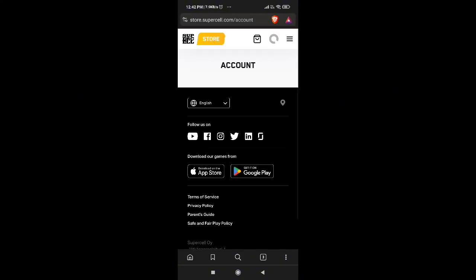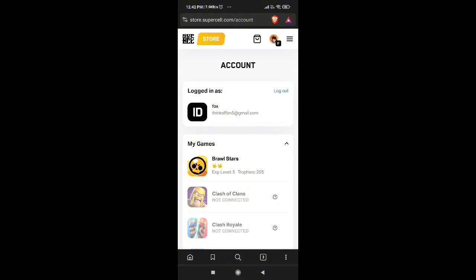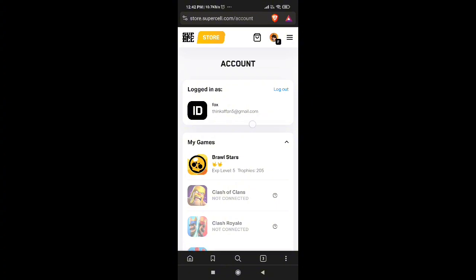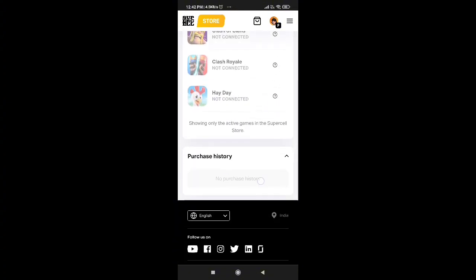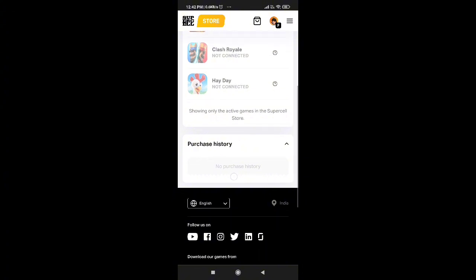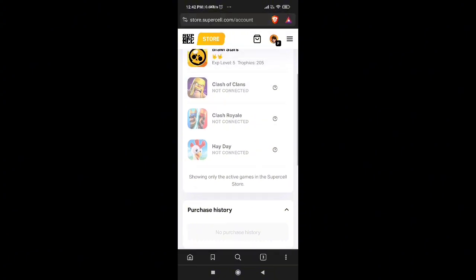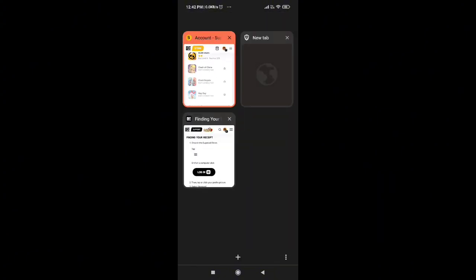So you have to type Supercell Store on Google, and then once you log in, click on your profile picture and then scroll down until you find purchase history. As you can see, I haven't made any purchase yet, but if you bought the skin, you will find the purchase here. So just screenshot it and then go to your Supercell support